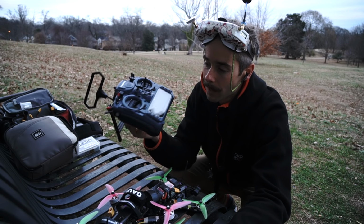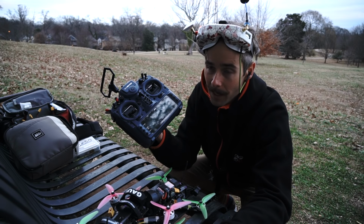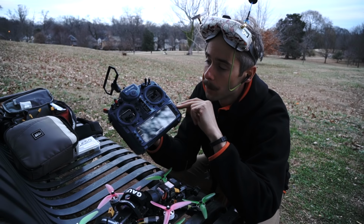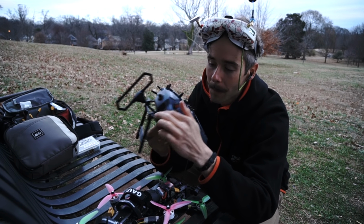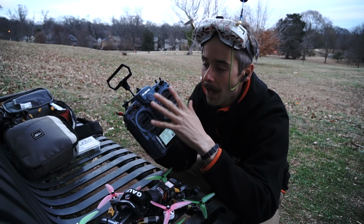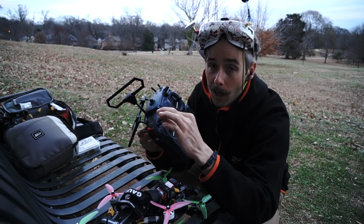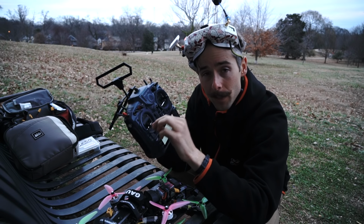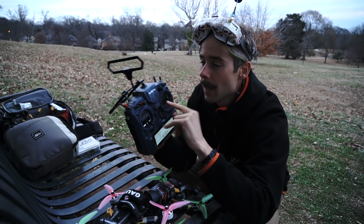It's got all the typical X9D Plus internals, but the cosmetic differences are, obviously, a blacked out screen, this Corsair blue, and all black trim. Every piece of trim, including the back bar and all these stick ends, and the balance point, everything is anodized black. You have higher quality switches like the X9D Plus Special Edition. It comes with M9 gimbals from the factory, which are the Hall sensor gimbals, these blacked out stick ends, and also comes